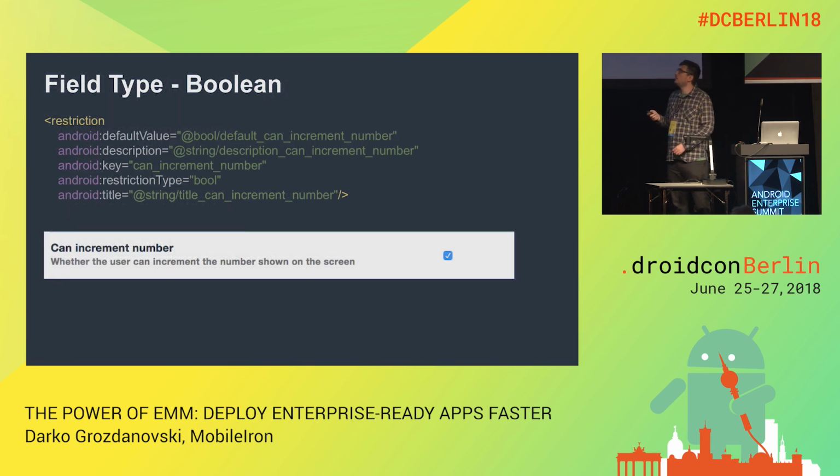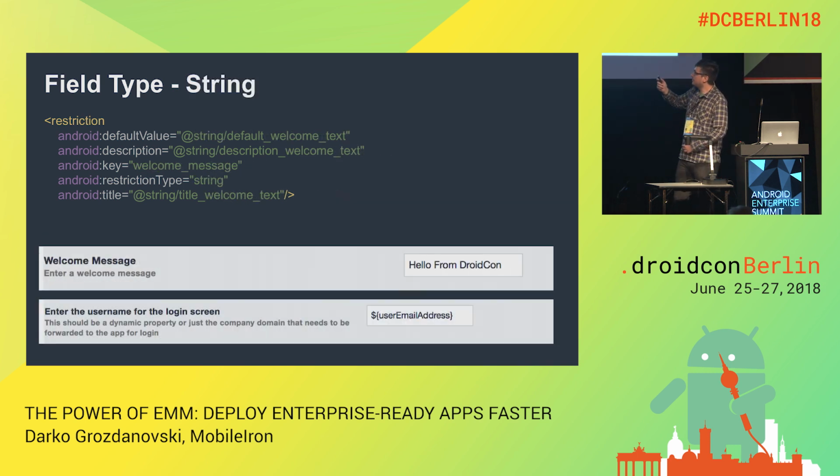Just going briefly over the actual restrictions and how they look in the EMM. So you can have a Boolean field. Then you can enter any type of string value. This is how you would typically indicate that you want to provide dynamic parameters. So the $ sign and the brackets, username, email address, would actually send the actual user's email address as a value